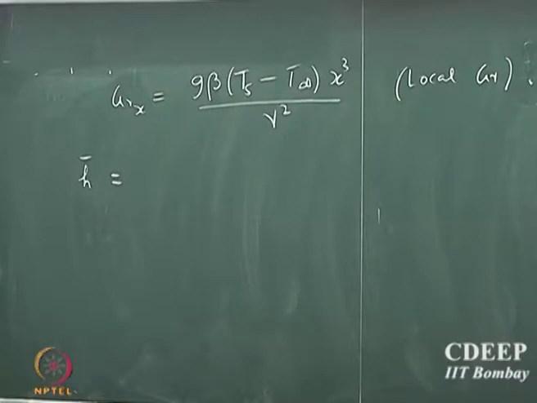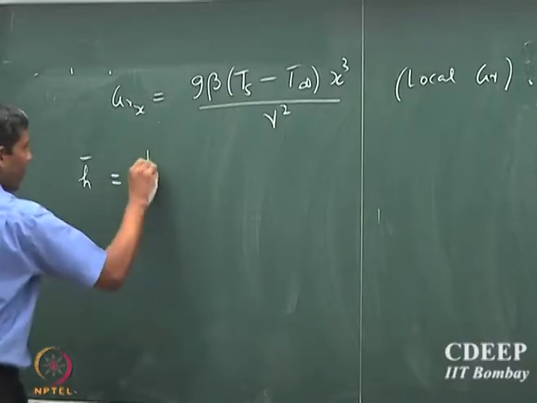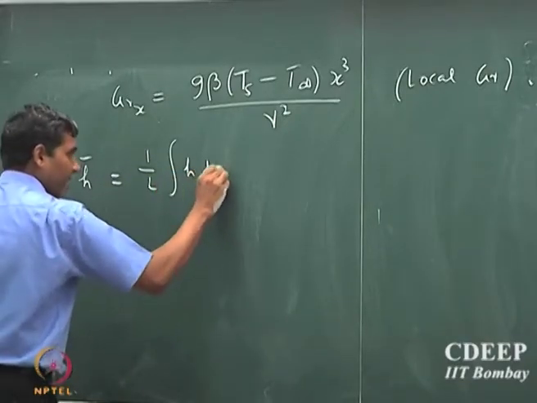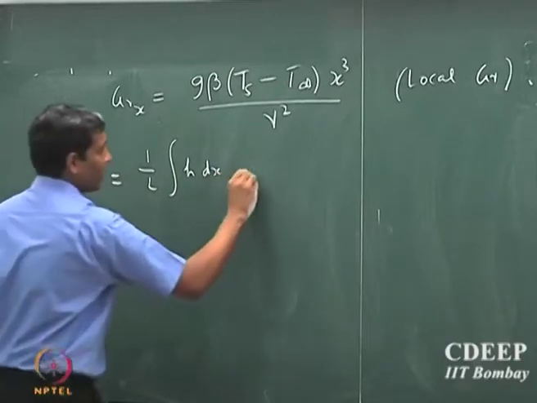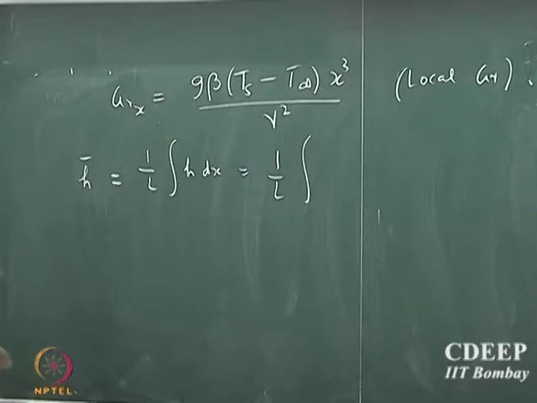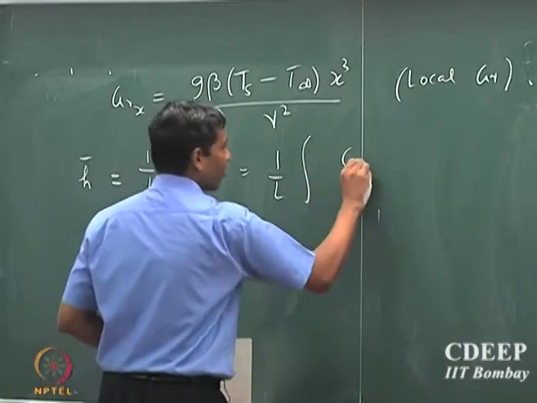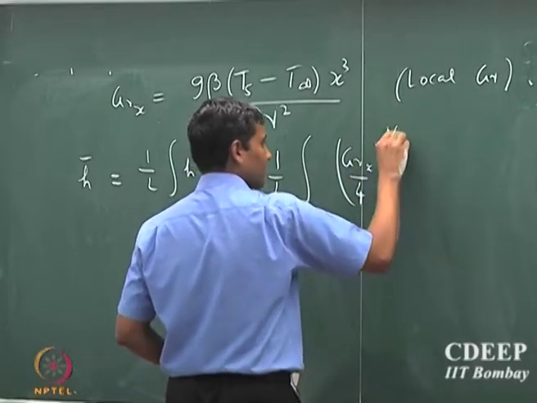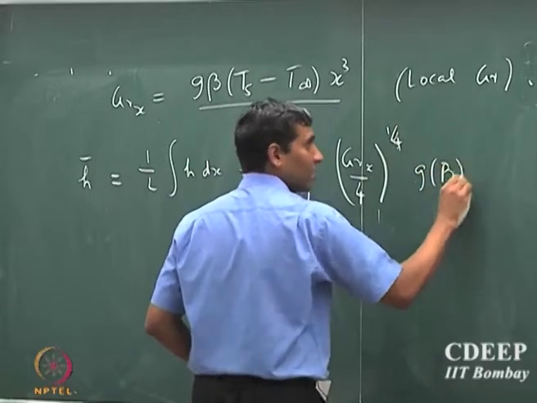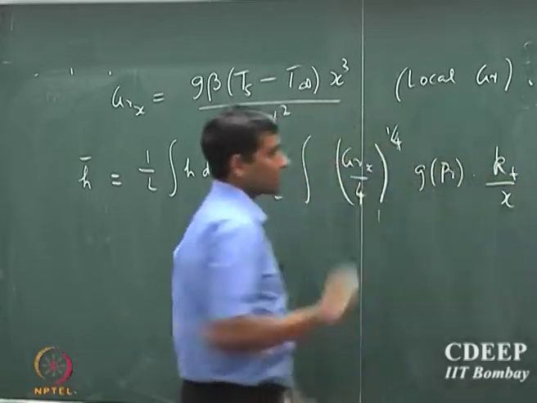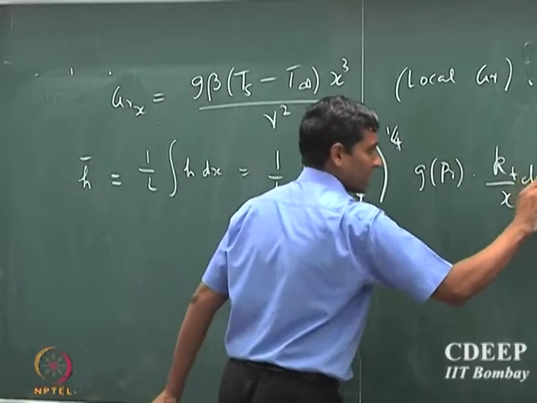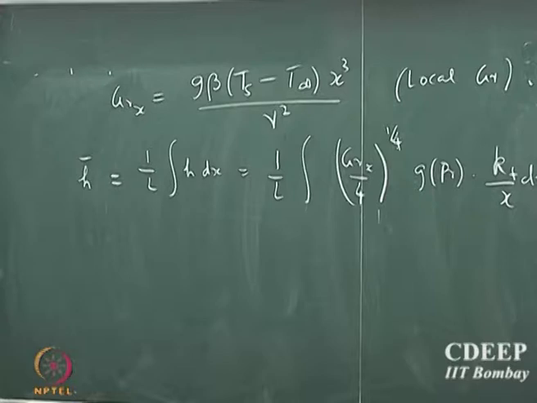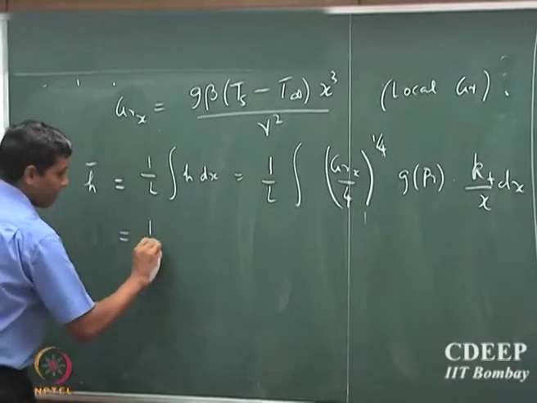We want to find the average heat transport coefficient, and that's simply given by 1 by L integral of h dx. So that will be 1 by L integral from 0 to L. From the Nusselt number, we can use that expression to find out the local heat transport coefficient. That will be Grashof number by 4 to the power of 1 by 4 into a function of Pr into Kf by x into dx. So that's the local heat transport coefficient, and that will be 1 by 4